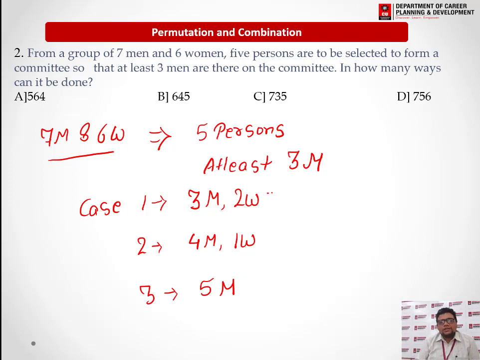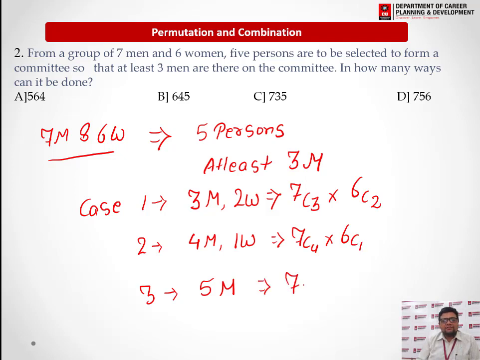As there is no condition on women, we can consider that concept. So out of 7 men, firstly we have to select 3 men, so it will be 7C3 multiplied by 6C2. Then it will be 7C4 multiplied by 6C1. And in the last it will be